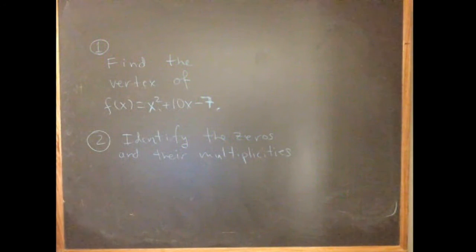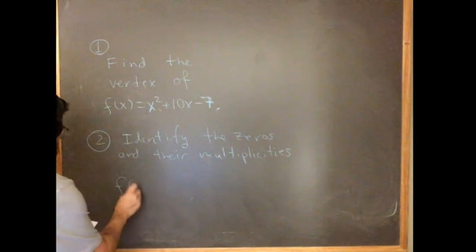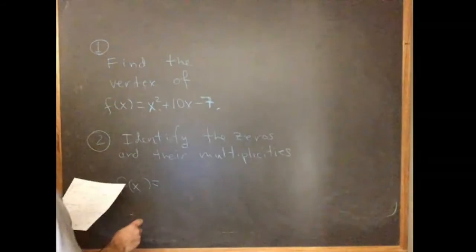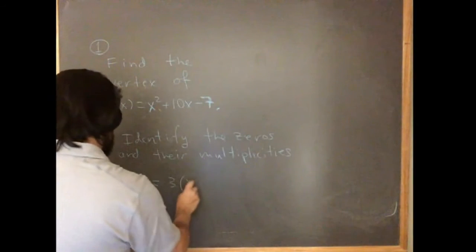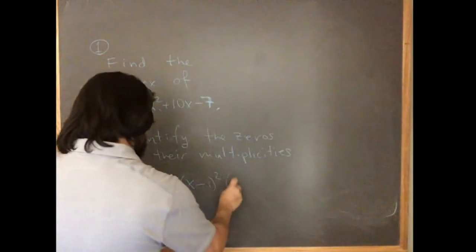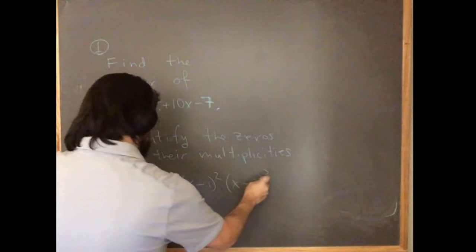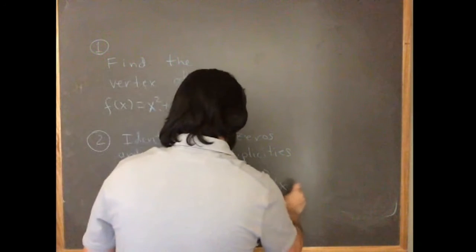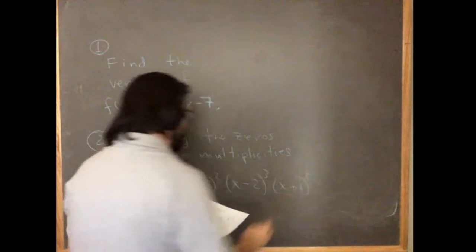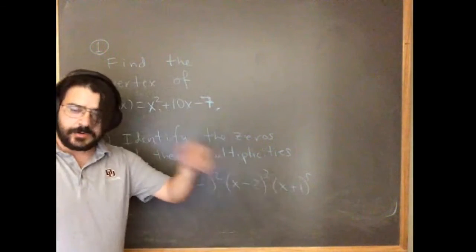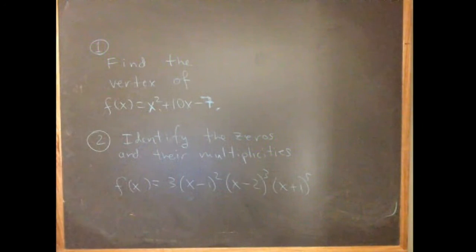I'm going to give you the formula. And I'm not even going to make you actually factor. I'm just going to give it to you in factor form. So it's going to be 3 times x minus 1 squared times x minus 2 cubed times x plus 1 to the 5th. Okay, and then just as a reminder, these exponents are there to help you determine what exactly